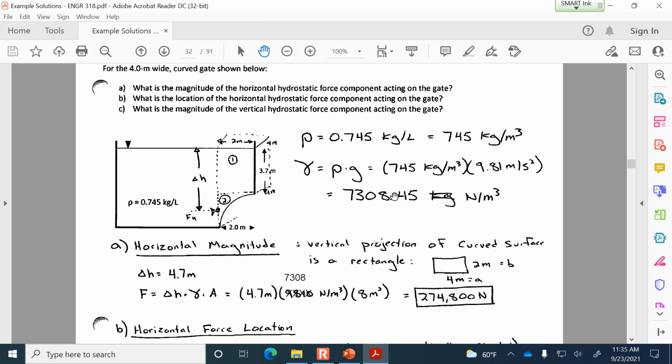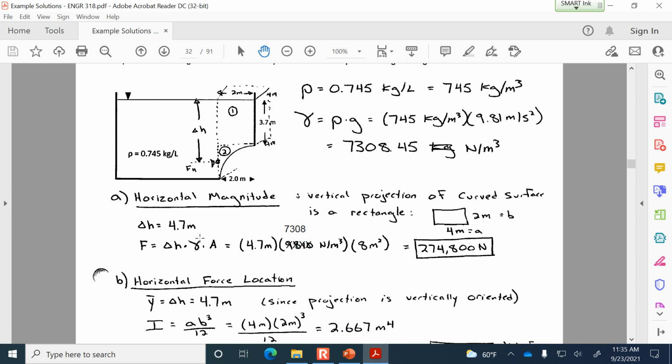Okay, good. Now its location is going to be below the center of area. The centroid that we just found for this hydrostatic force magnitude, remember that y_cp is going to be a little bit more than y bar. And here, because it's vertically oriented, y bar equals delta h. So in one sense, these curved gate problems are a little bit easy because the horizontal forces act on a vertically oriented projection. So y bar is equal to delta h,